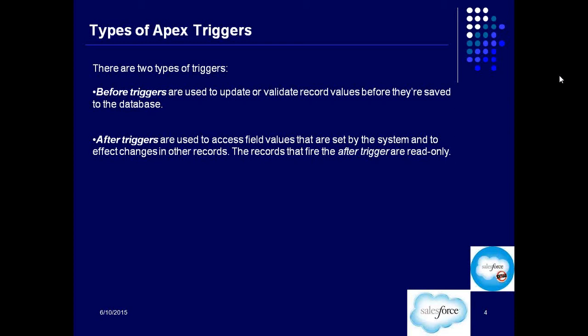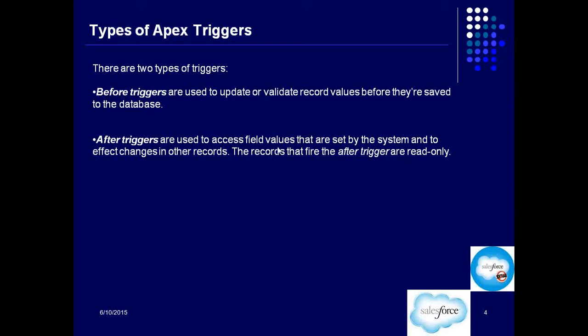If you want to do a validation check, let's say when a lead is being created, check whether the email ID is there. If email is not there, don't allow. This is before trigger. Got it? So some check or some code execution which happens before the record is actually created is before trigger. Any code which is getting executed after the record is created is the after trigger.